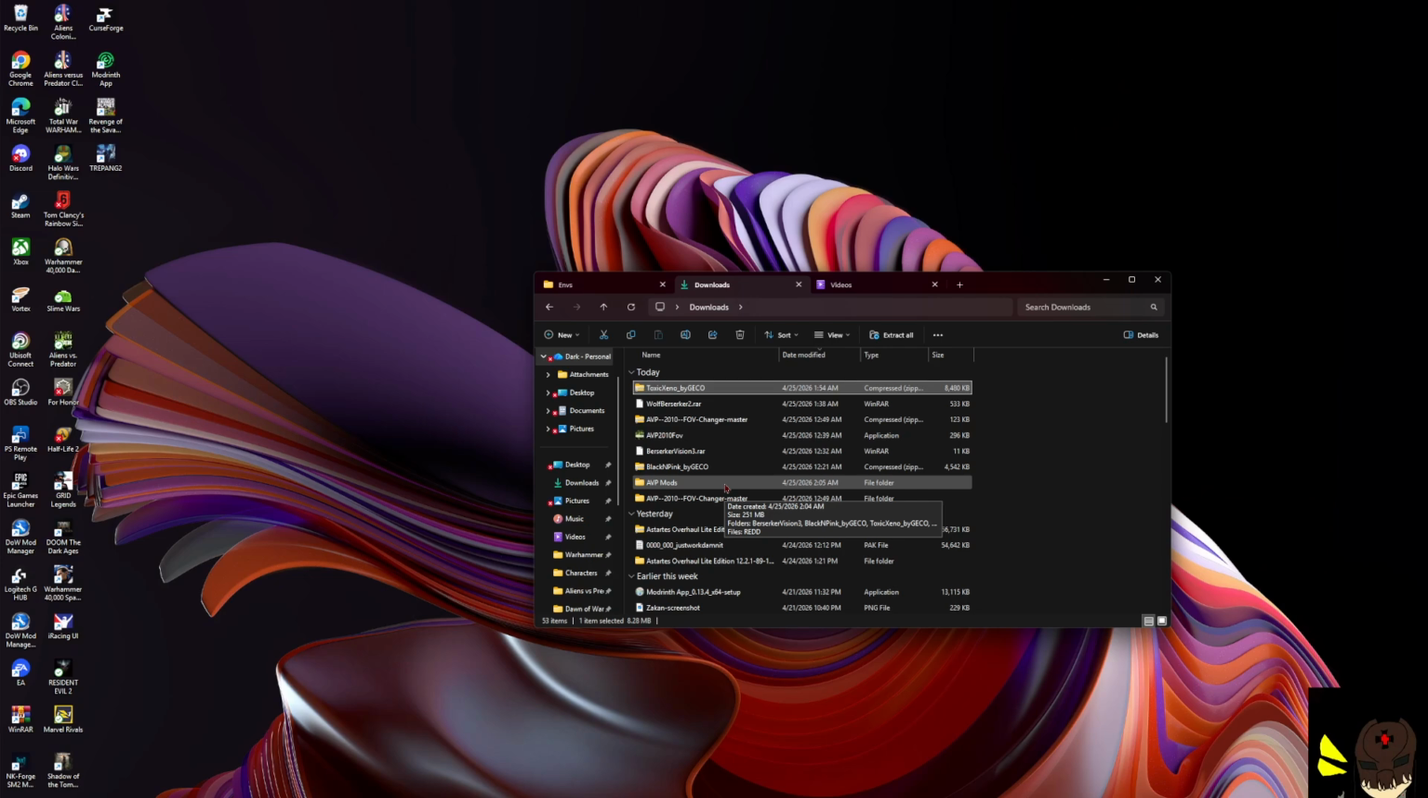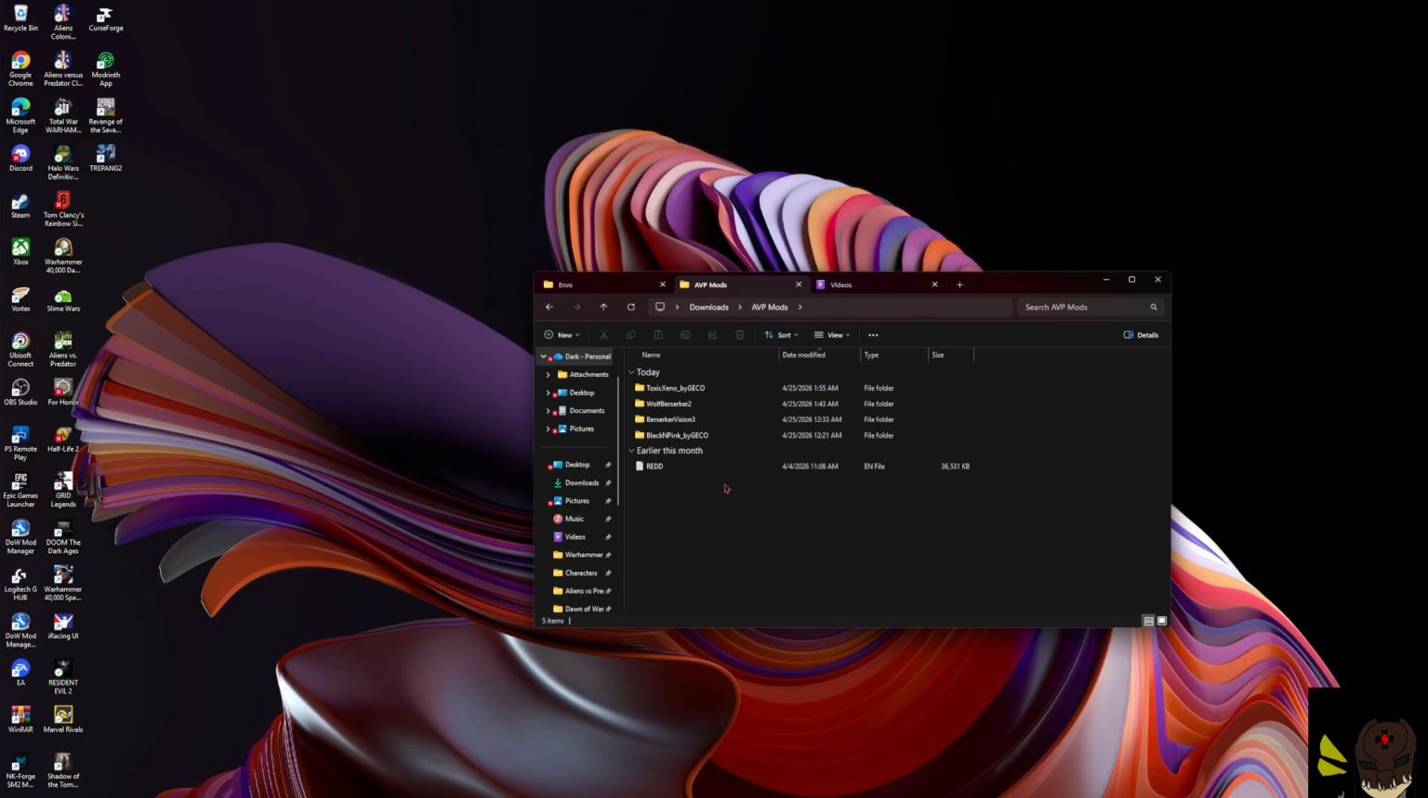For me, I have AVP mods because this is where I store all the ones I have for 2010, because I don't want to mess up and then when I delete it, I cannot get it until I have to re-download it, which will take more time. So I have these in AVP mods. So you would see Toxic Xeno, you go into here, you grab this,